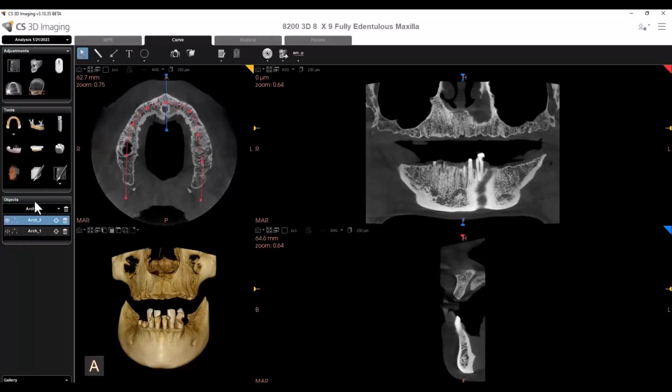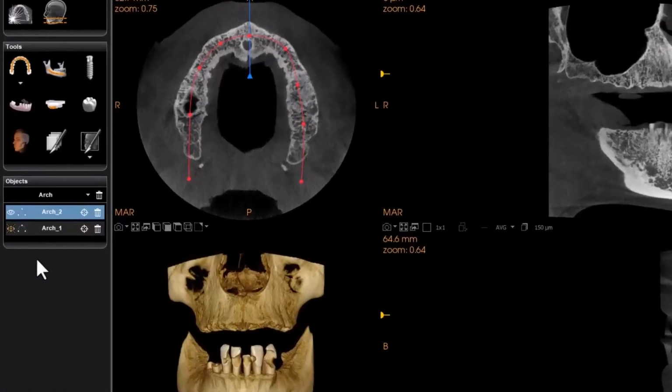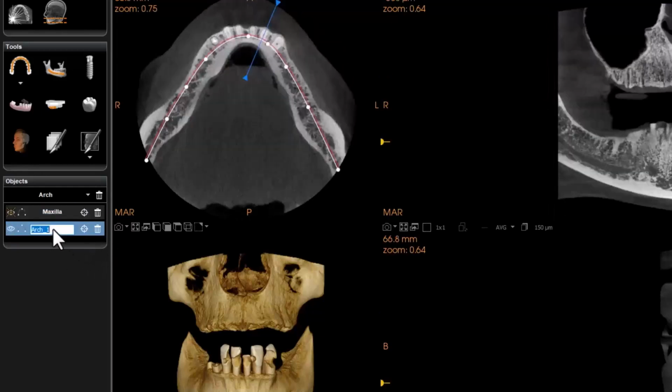Now you can see down in my objects toolbar, we actually have two arches that are mapped and you can name them. This is the one that we're currently on for the maxilla, so I'm going to double click and just call this maxilla. What a surprise. I can go into the mandible